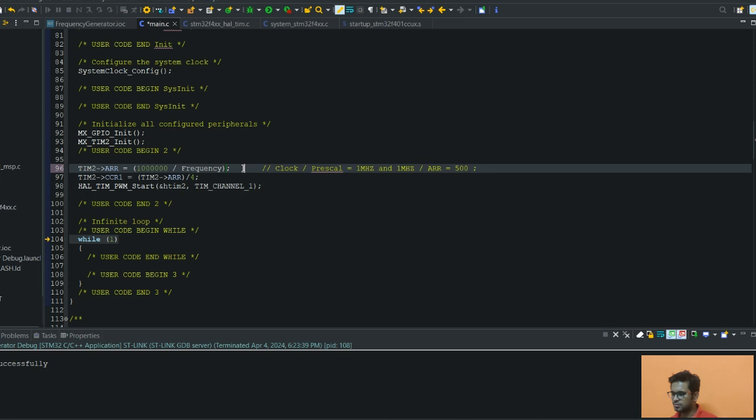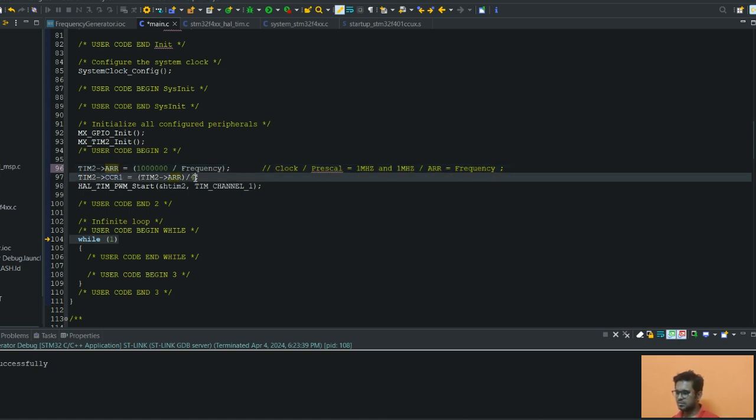Okay, so once it is divided by your frequency, we get the ARR. What I am doing is 1 megahertz divided by the frequency which we want to give, and finally we will get the ARR value. Now for the duty cycle, we have to multiply it by the duty cycle. So how much should the CCR be? It should be 25% of the duty cycle that we are giving. So basically we should multiply it by 100